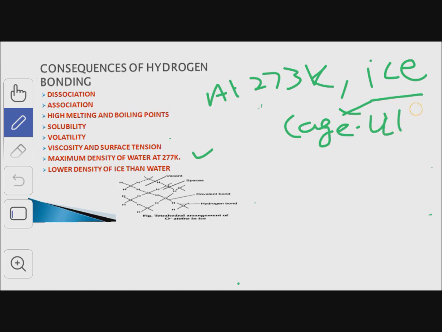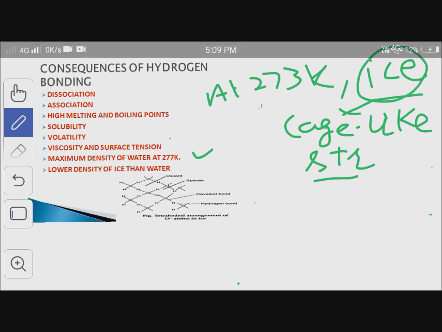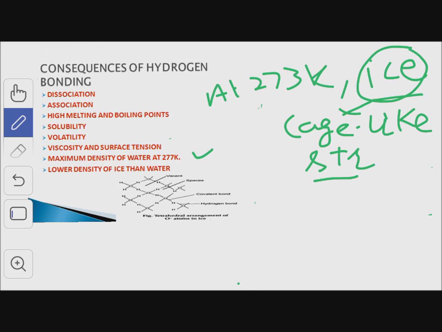Ice has a cage-like structure due to formation of hydrogen bonds, and these occupy larger volume, and the density of the ice is low due to vacant spaces between the ice